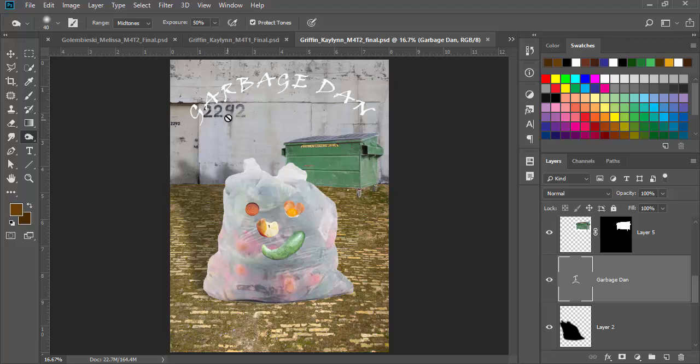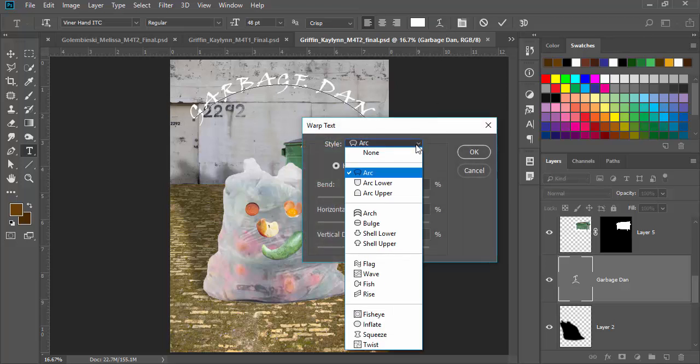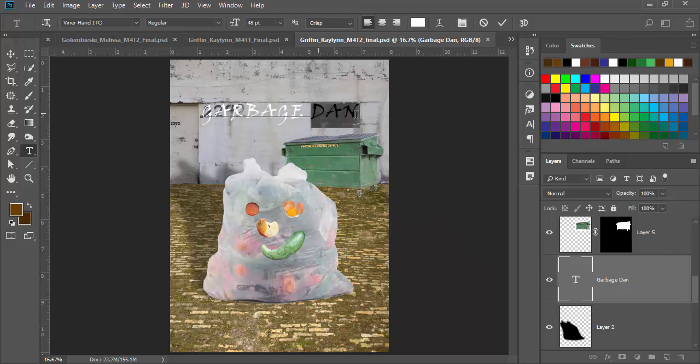I think because of the way you have some of the text in the background here, I think we need to have this more like a grunge look. You know, something that's a little bit more grungy for the text. I do think that you don't have to have this arch. I think you can change that back to none, and we probably would put Dan on a separate layer. So we'll put Dump here,